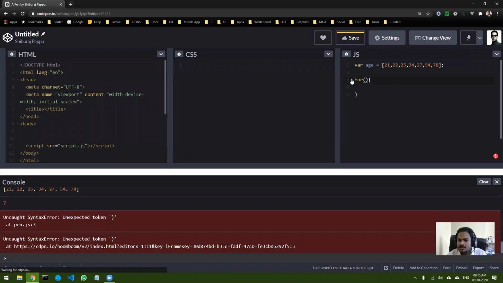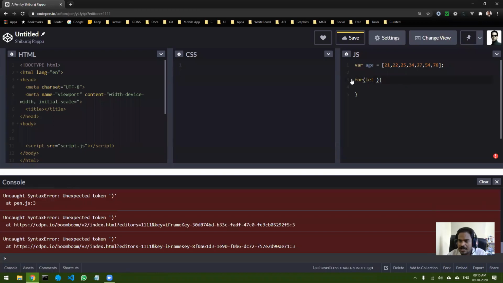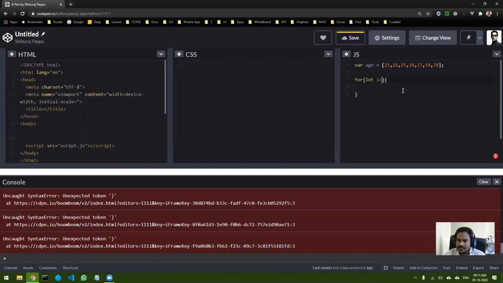Okay, so inside the for loop, I will start with, let's say, I can use let. Okay, let or var, it's up to you. I prefer using let. And let's say i equal to, okay. Now here, if you recall, you can start with 1 or 0. But what will be the best value to start with?